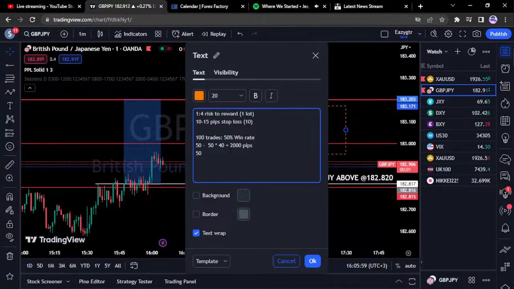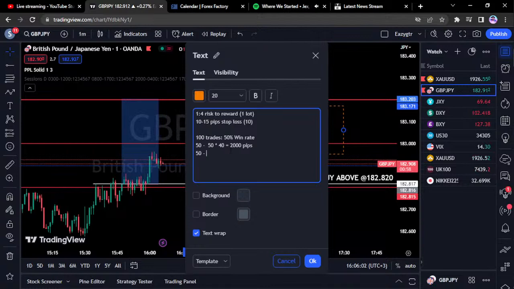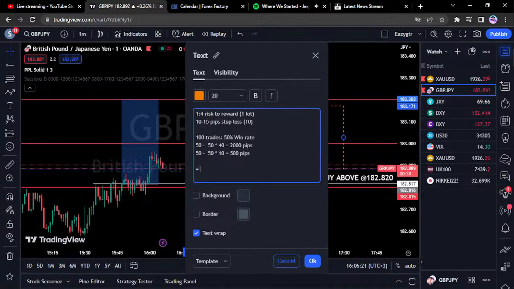And the 50 trades that you lost, if you lost 50 trades at 10 pips, this is simply 500 pips. So by the end of 100 trades, using this risk to reward of 1 to 4 and having a 50% win rate, this is almost a worst case scenario, because